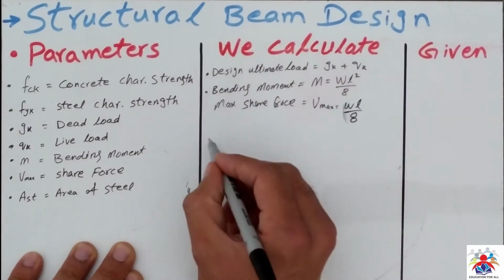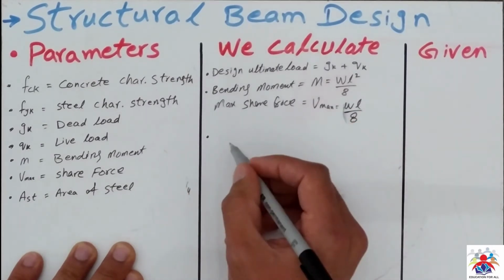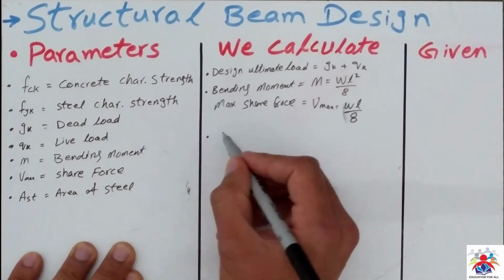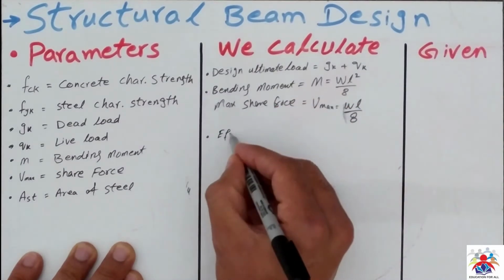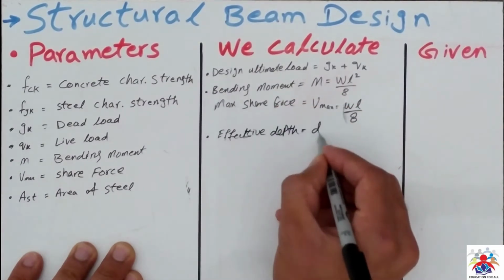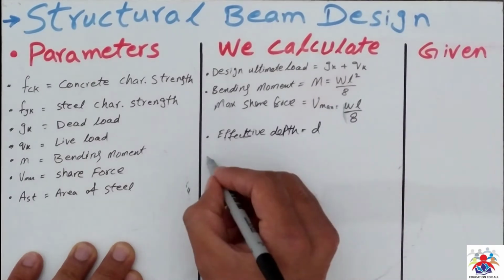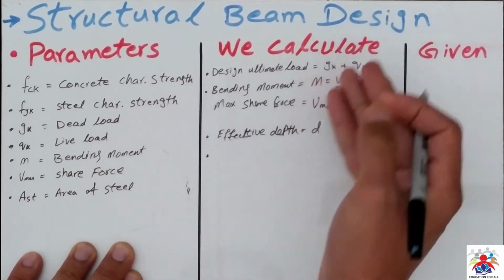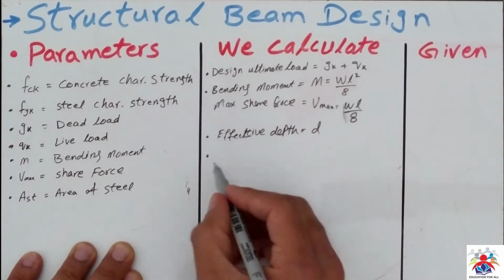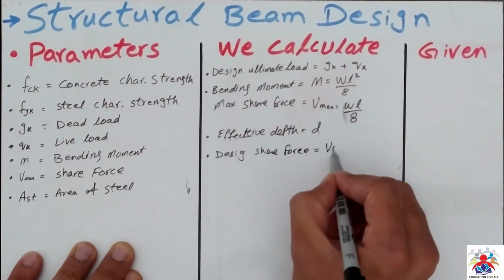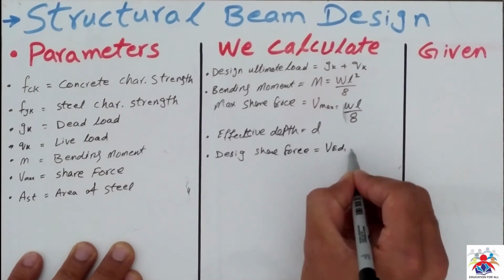After that, we will calculate our reinforcement for the beam. Reinforcement requires different parameters, which are effective depth. Okay, effective depth, we express that depth with D. Design bending moment, as I have explained, is the bending moment. It will be the same thing. Then we have design shear force. We express that VED1 and